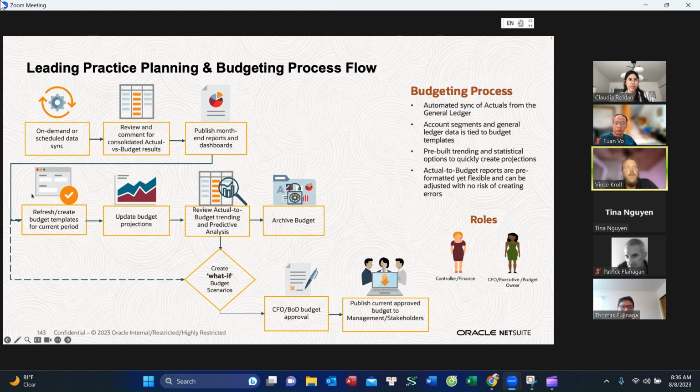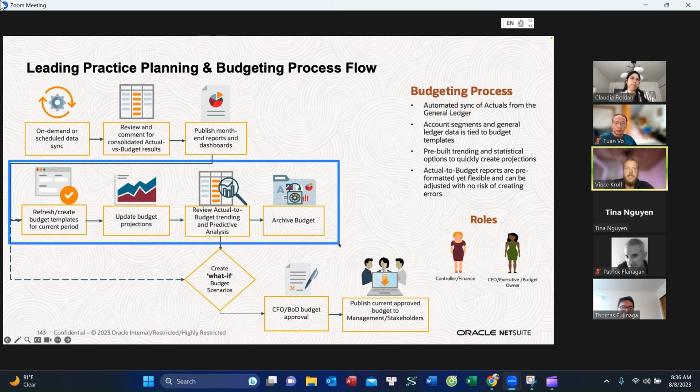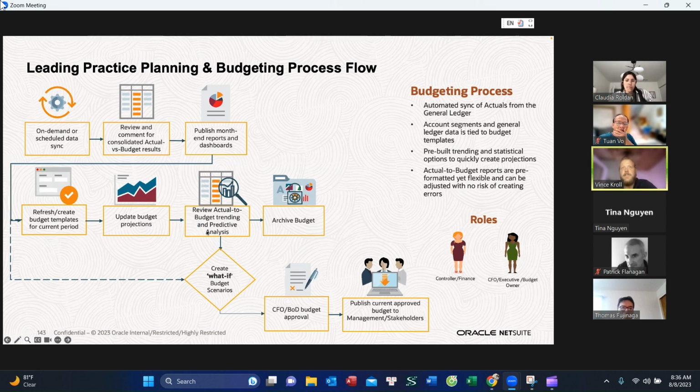And then as far as the actual budgeting process goes, you'll refresh your budgeting templates. All that's really easy and streamlined. You'll go through and update your budget projections. There's some trending and predictive analysis you can use to help you with those budget and OPEX projections. And then there are what if scenarios that you can create. So if you want to create an initial budget, and then maybe you want to pass it to Kenneth for him to do some updating,